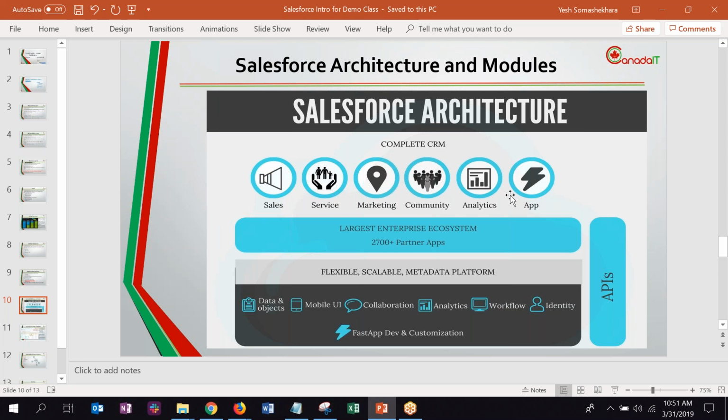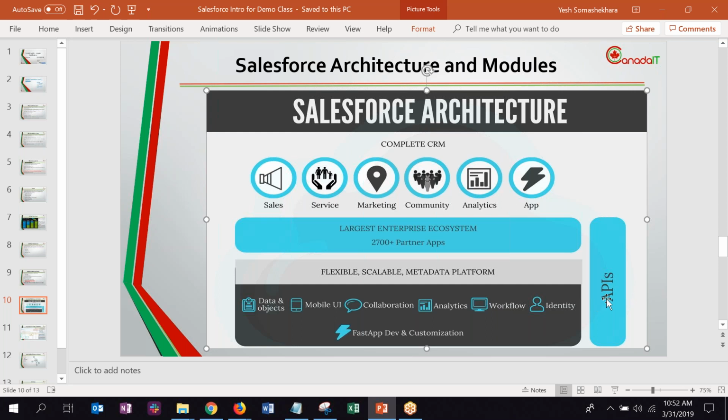But I just want to say, okay, there is this underlying platform where they built it. On top of it, they have an ecosystem of apps, and then on top of it, to do a complete CRM, they have a lot of modules. Think of it: the gray and black box is your iPhone. It's just your iPhone. On top of it, your apps. So, for example, if you want to play games, they have an app for it, and then on top of it, they built your Game Center so that you have access to everything together in one place. So that's what it is.